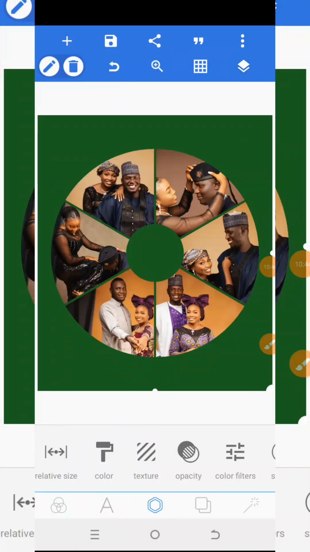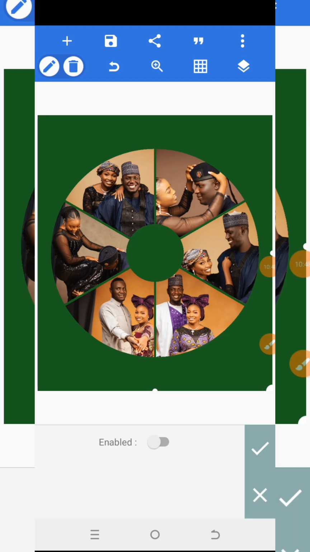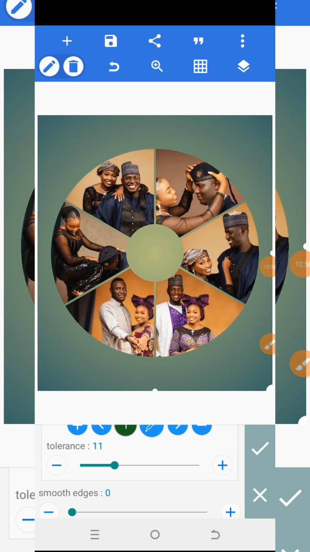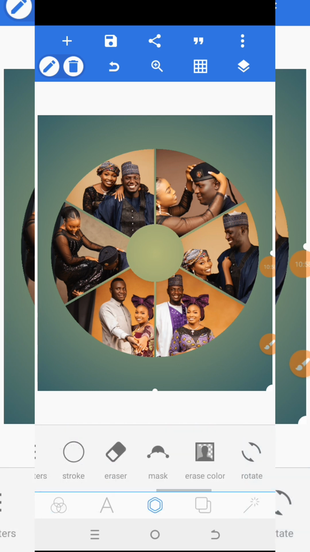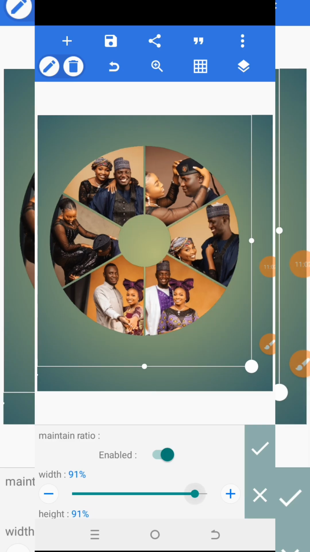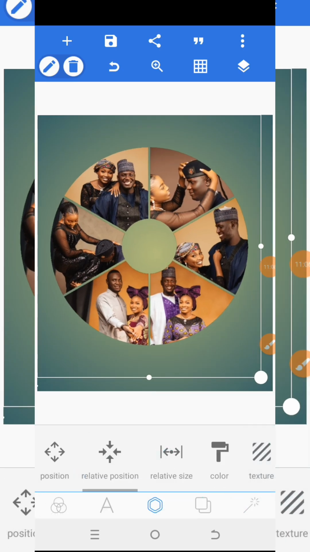So what I will do now is I will go to erase color. Then I will erase the color of the background. So you can see this is looking more good. If I use another color like white, the image may be affected. So you can see this one is actually not affected. So what I will do next is